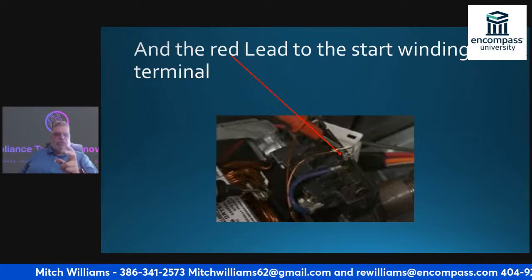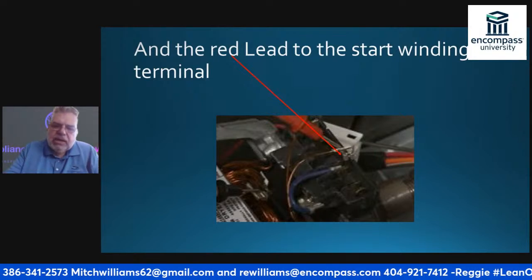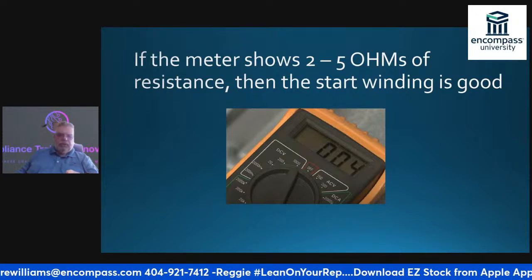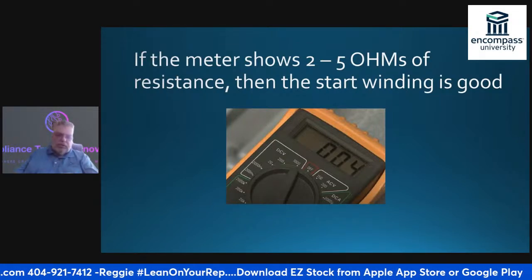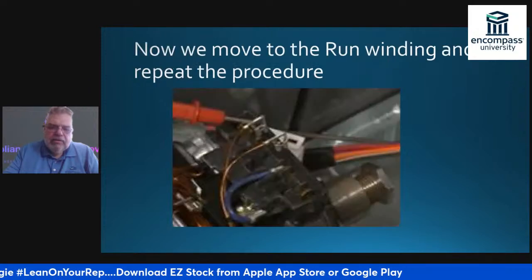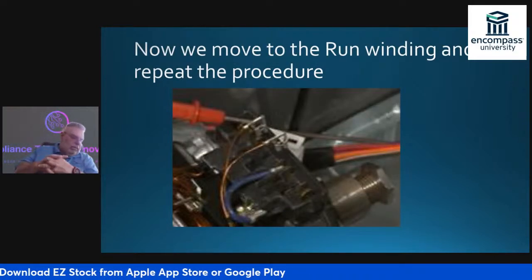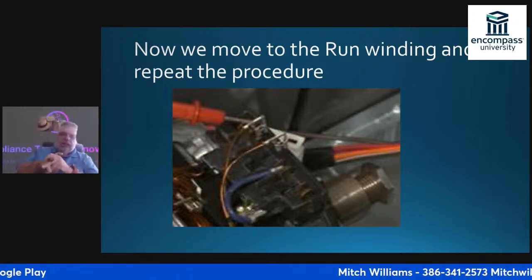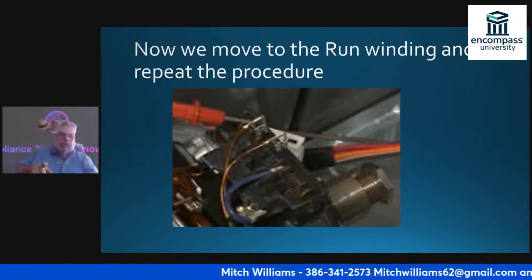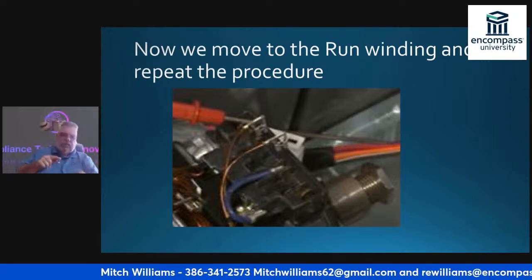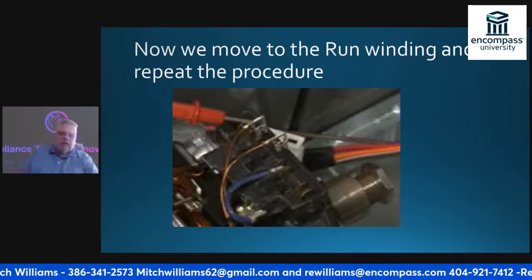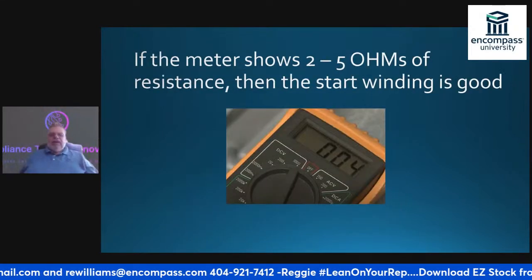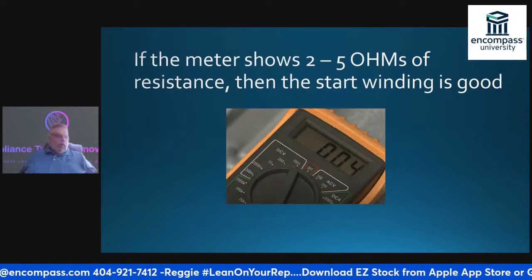If those ohm out, it should read between 2 and 5 ohms. Then I know that the start winding is good. If that checks out, then the next thing I'm going to do is go to the run windings, and I'm going to do the exact same thing. The black wire goes to the black lead, and then the red wire goes to the run windings. If the meter shows between 2 and 5 ohms of resistance,